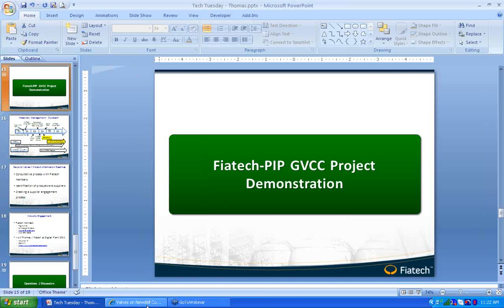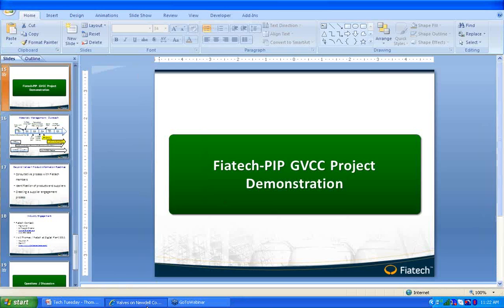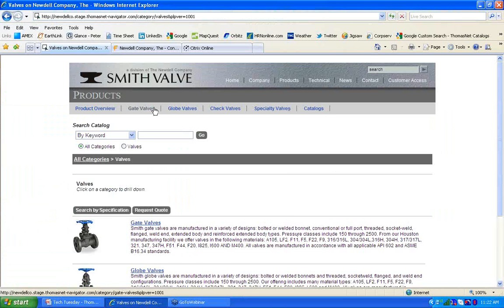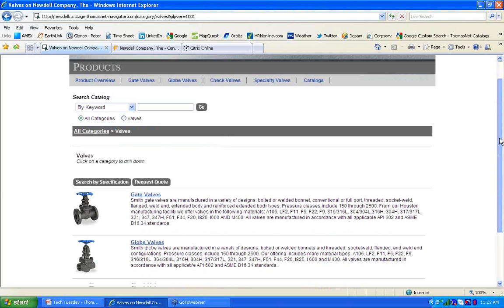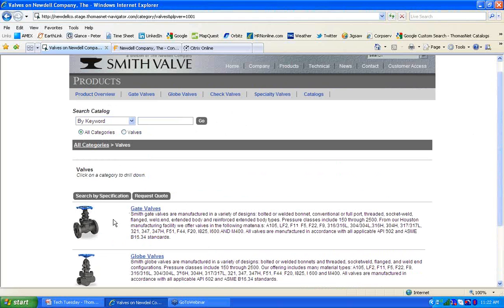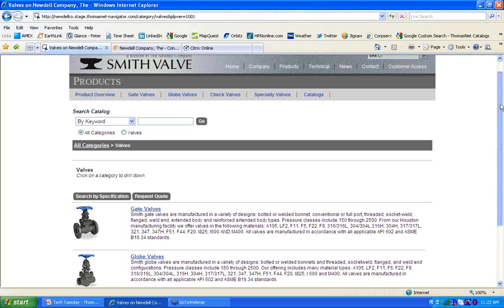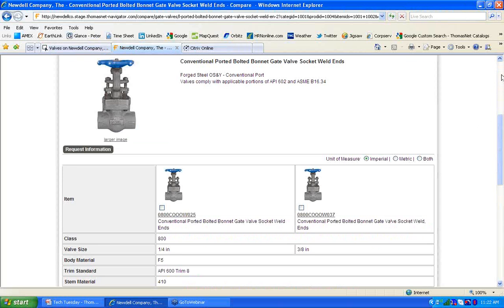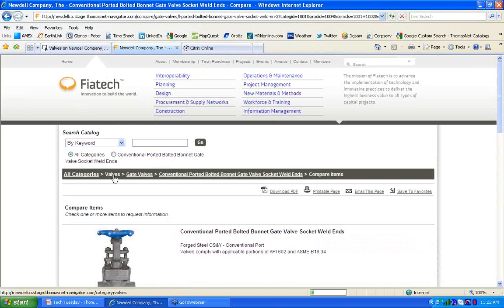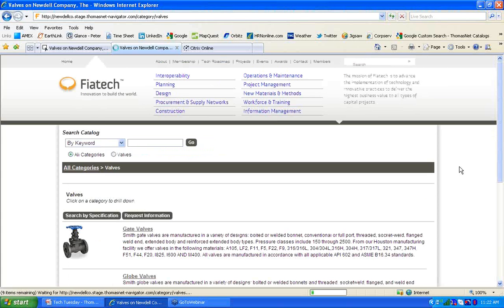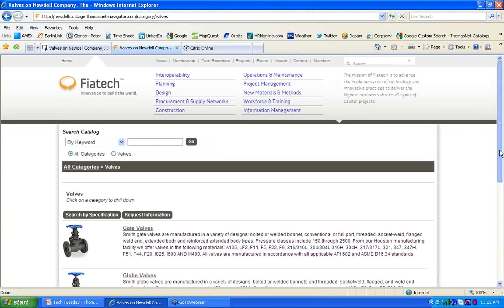Let me drop to a browser here and actually show you the functionality that we've built up for our Navigator. Now, again, we did this for Smith Valve, and this is just a mock-up site with Smith Valve data. So the concept here is the manufacturer can leverage this data for their own online presence. We can also syndicate that data, and let me show you the same data in the context of a Fiatech site. So now we can share the data from the manufacturer with another outlet, which in this case is the